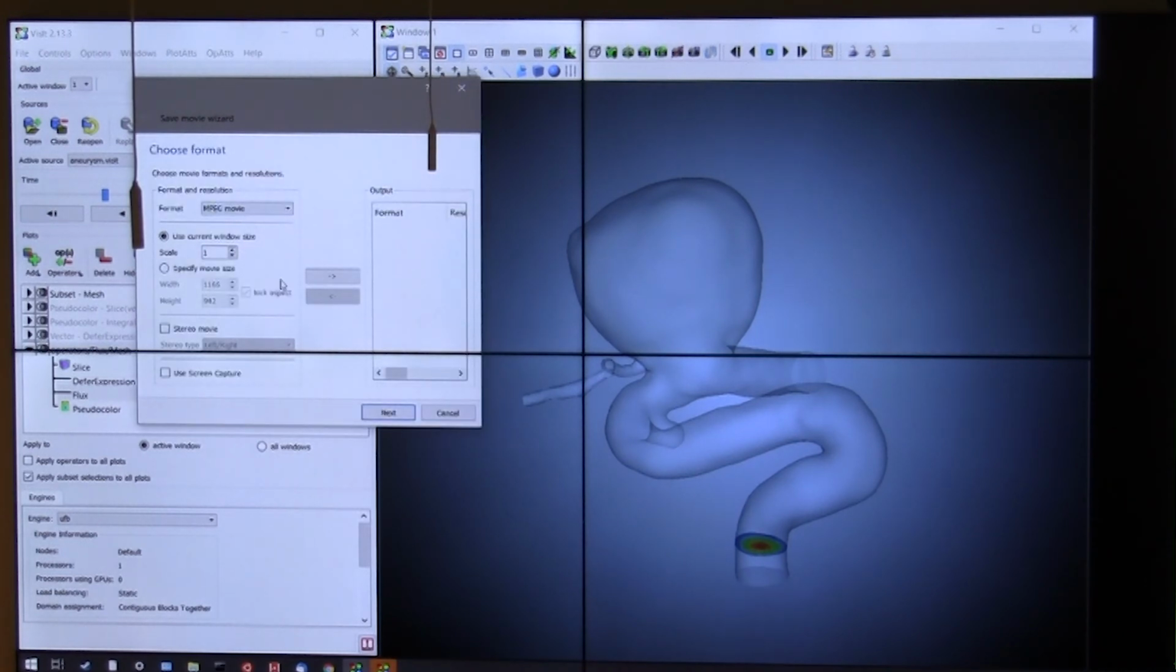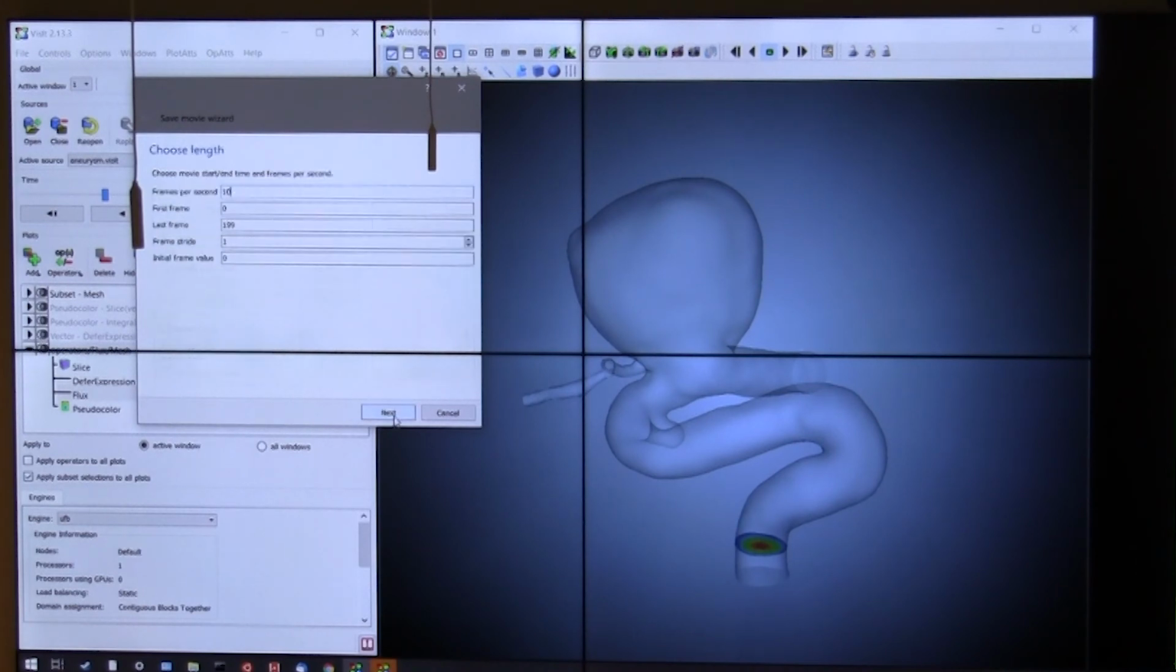Also, there's also a save movie right under set save options, which is a wizard for making a movie. So if you go through this, you can see, okay, I want to make an impact movie, and then it will ask you how many frames per second, what frame do you want to start at, how many do you want to skip per frame, and this will automatically generate a .mpeg